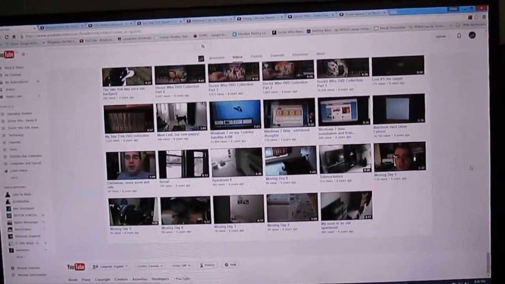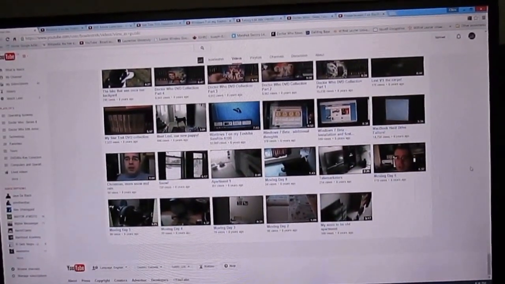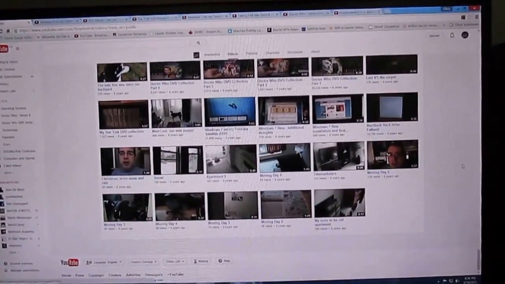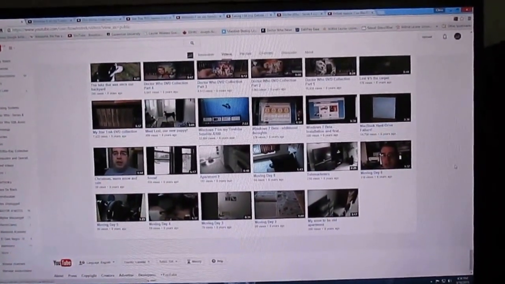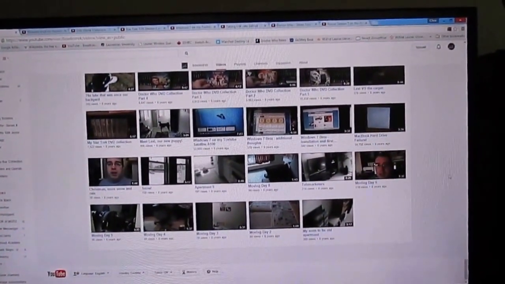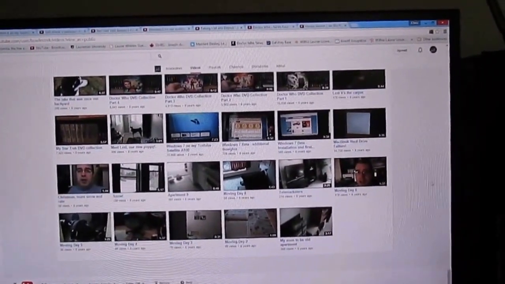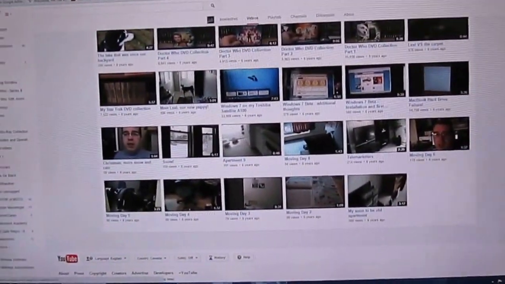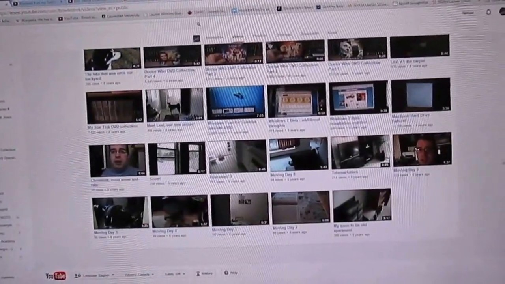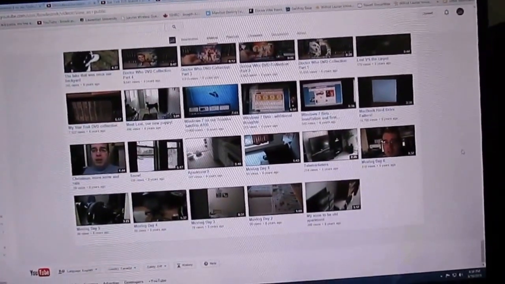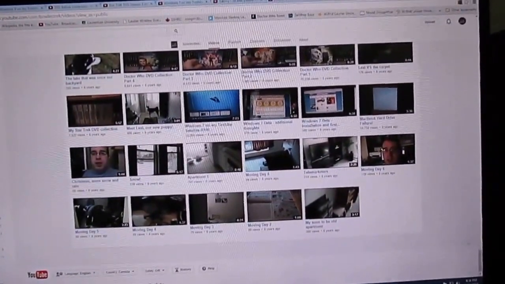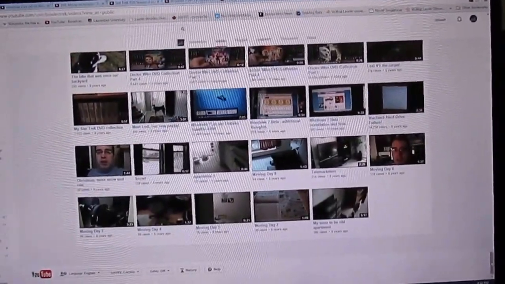Actually, the last thing that I used it for was my Doctor Who DVD collection overview. By that point, I wasn't actually using many DV tapes. I was just capturing them to the computer. But in terms of what I've been using to edit them, it's when I look at the videos that have no problem, and knowing what I was using at the time also gave me a clue as to where the problem is coming from.